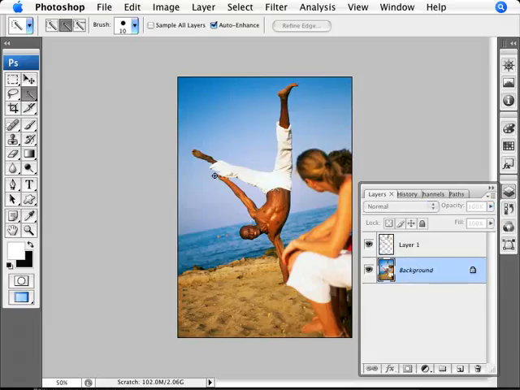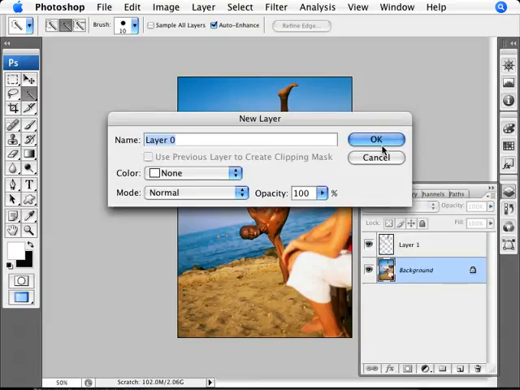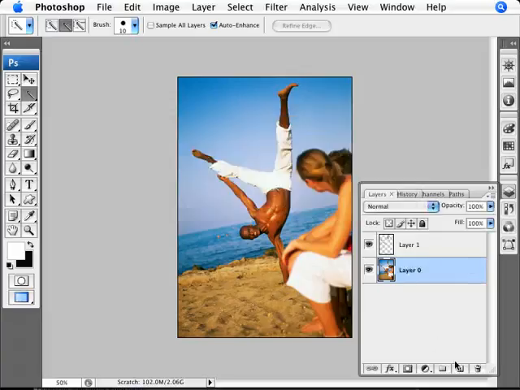Now we want to double click on the background layer to transform it into a regular layer, right? We're going to create another layer, drag that to the bottom and fill it with white. I'm just doing Alt and Backspace as a shortcut to fill with white if my foreground color is white. Remember, you can press X to switch between black and white. If you're not on black and white, press D for dog to switch to the default colors, which is black and white. So there we are. With white being the foreground color, Alt and Backspace, and we have a white layer at the bottom, which is going to serve as the something underneath that photo,